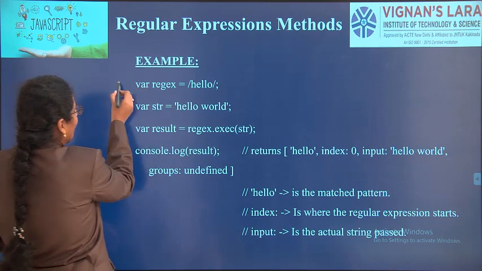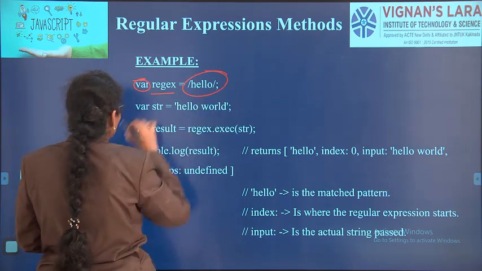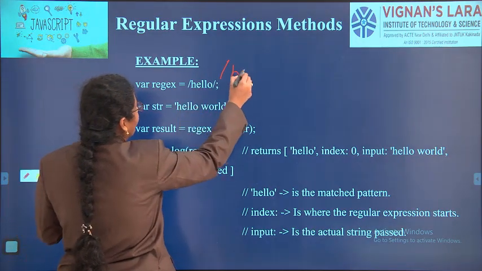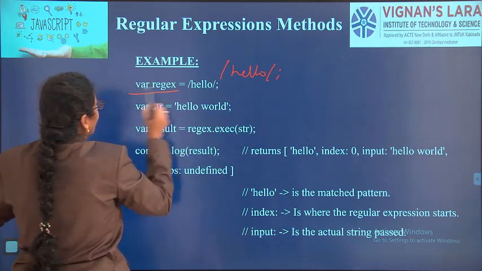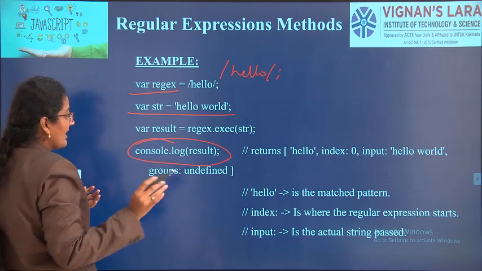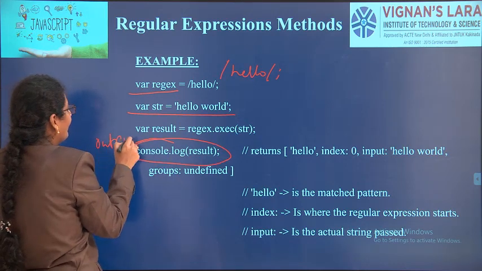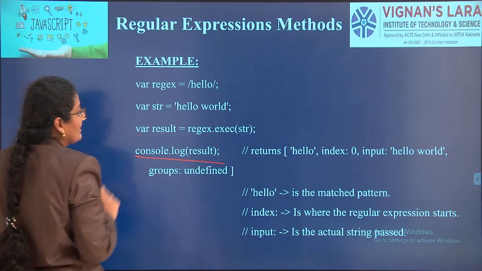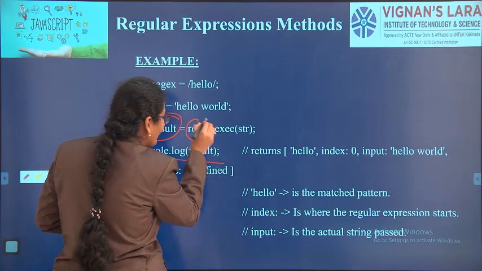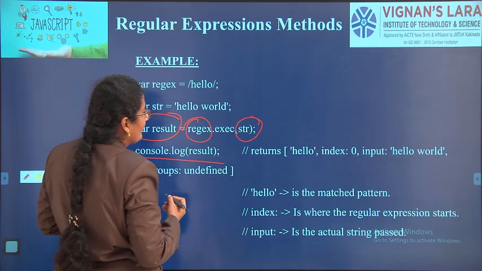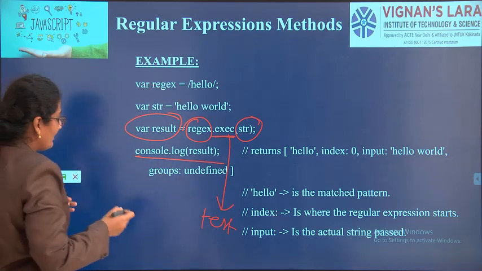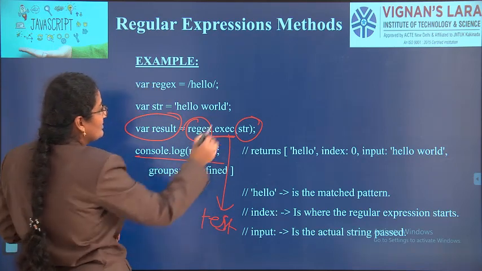First we have taken the variable regular expression, hello. We need to generate the regular expression, so using the forward slash method we have generated it. Then we have taken the string hello world. Now console.log result is for output. For returning output, we are using console.log(result). Next, as we already know, in result we want the regular expression compared with the string. In the previous example, we used the test method.